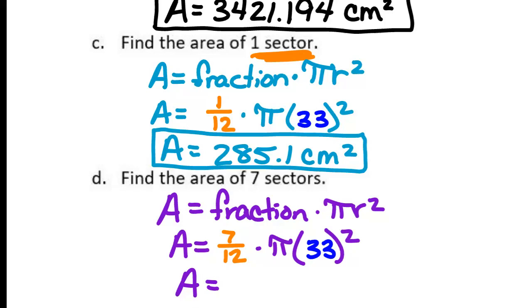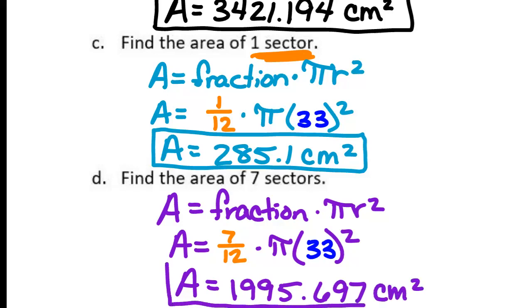And when you do 7 over 12 times pi times 33 squared, you get 1,995.697 centimeters squared. So Sylvia, to add to my answer to your question from before on this one, if you were going to round it just to 2 decimal places like the directions say you can, that 7, which is in the 3rd decimal place, would cause the 9 to round up. That would round that up to a 10, which means I would have